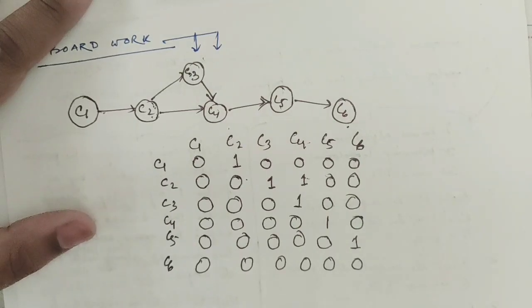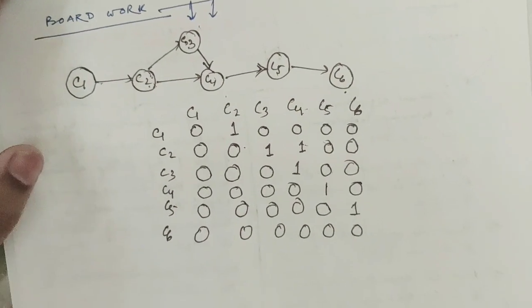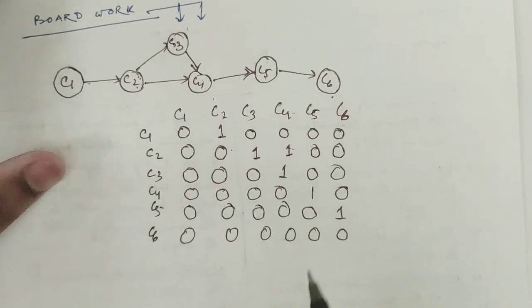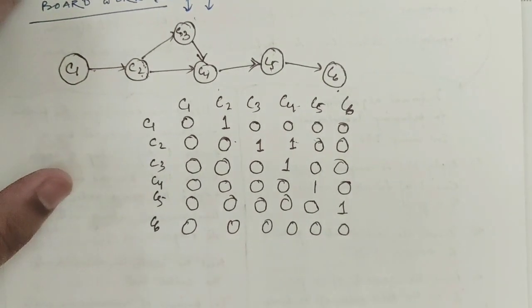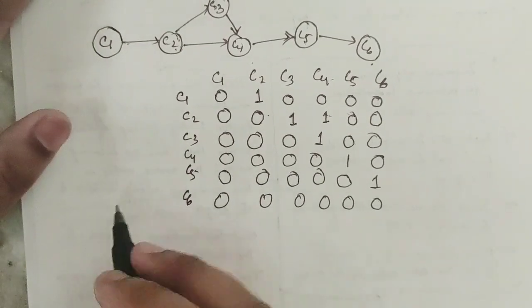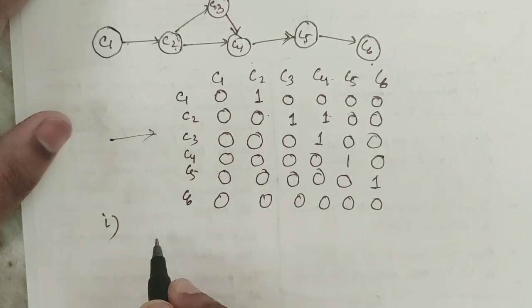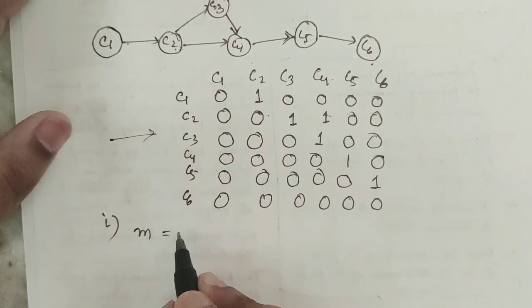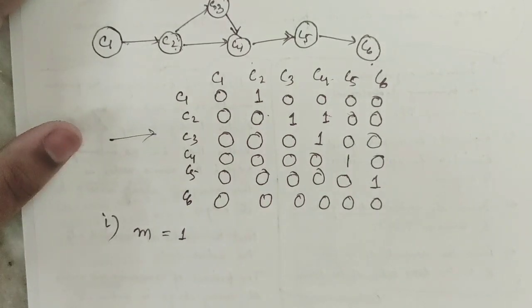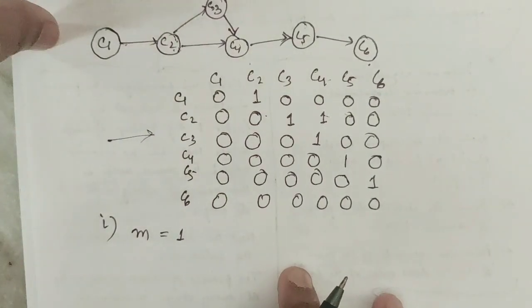So now let me go through the procedure at least once, then we will follow the procedure and you can easily find it out. For implementation of this concept, let me take a variable. This is a matrix, no issue. Suppose m is a variable and let me initialize it as 1. What is the role of m? I am coming to that later on. Okay, then as you have the adjacency matrix,